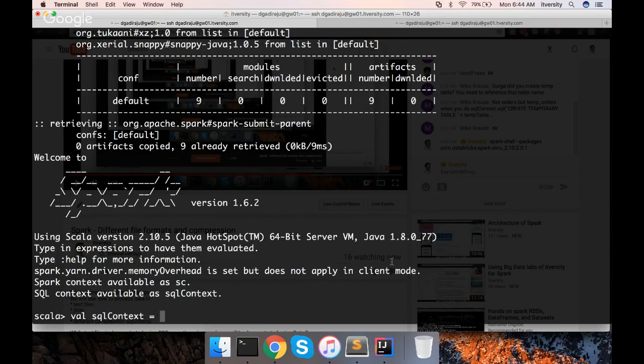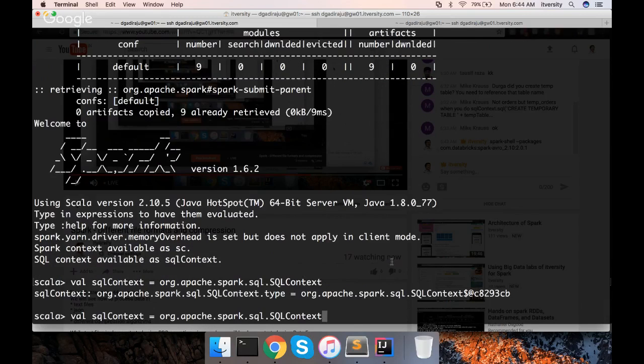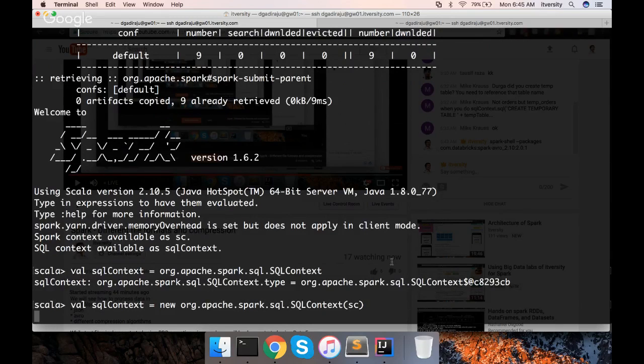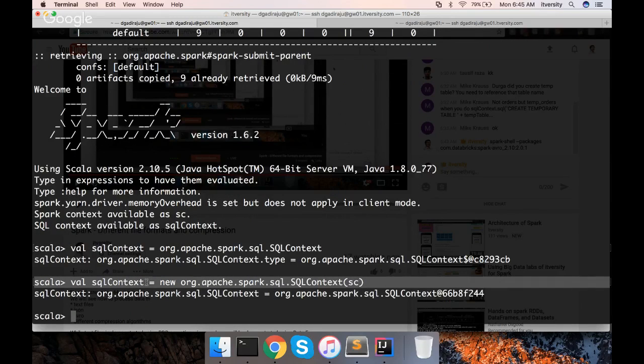Okay, first thing what you have to do, you have to change your SQL context or create a new context by pointing to org.apache.spark.sql.SQLContext. Sorry, here I have to say new, and then I have to pass Spark context to it. Okay, so this is the command. You should not use this one. Ignore that. This is the command which you need to use, or you can import this one first, and then say val sqlContext equal to new SQLContext of sc. As long as you imported this SQL context, it will work.